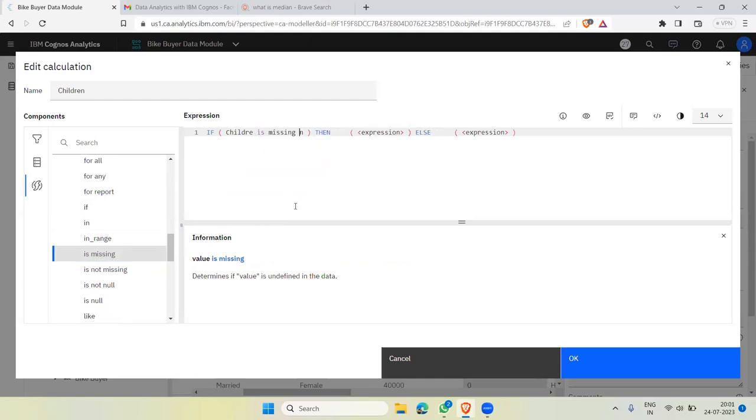Very nice. I repeat, participants, first we selected constructs and chose an if then construct. Then we went to operators, and which operator did we select? Is missing. If children is missing, then what should we do? Delete that expression. Actually, we have to take the most repeating gender.